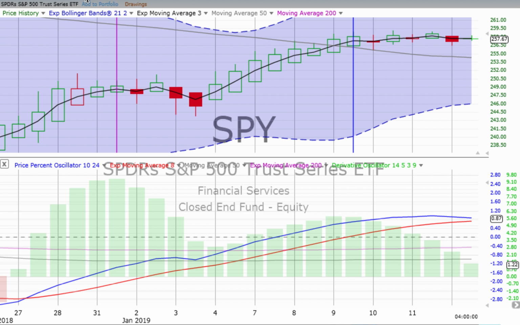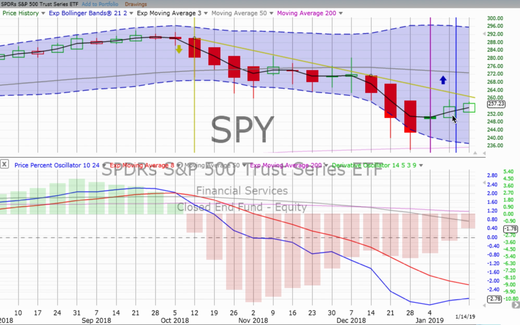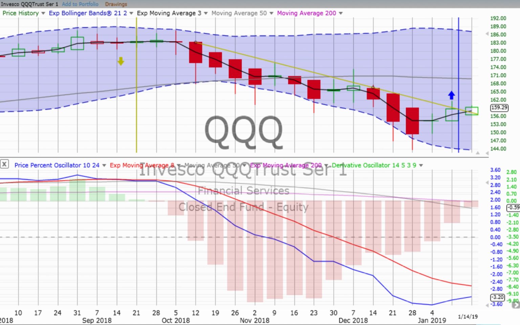But again, remember, 2-day chart still in a confirmed up move. So we've got to have that 2-day chart moving in the down direction before that 4-hour chart would allow us to jump into a down move. But this latest up move in the S&P 500 may be coming to an end, maybe not. Maybe it's just digesting the gains and getting ready to surge up again. We'll keep our eye on things, let you know what we see as things develop.